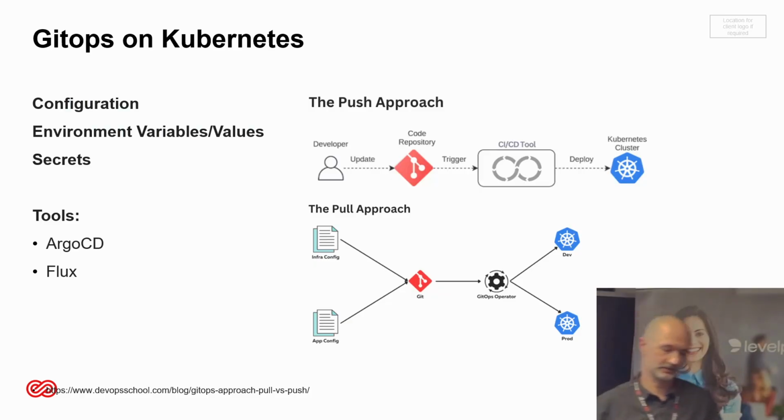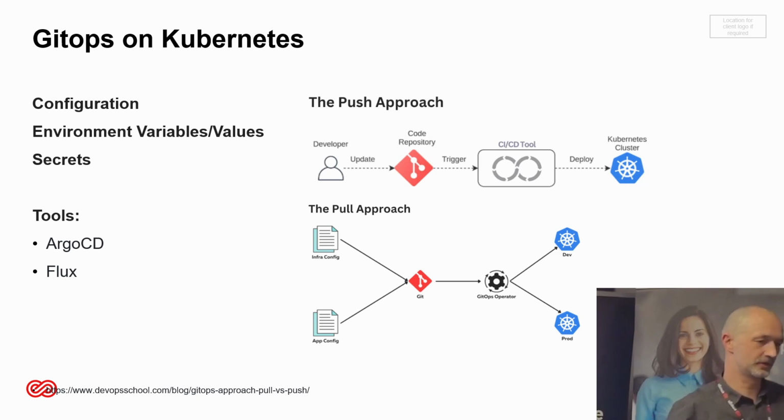And if you think about GitOps, let's say for using in Kubernetes, then again, everything we like to deploy on our Kubernetes cluster is stored in a code repository, and that could be a push or pull approach, where we trigger code changes to the Kubernetes cluster, or maybe the Kubernetes cluster will pull the changes from the repository. But then again, there are some challenges, because